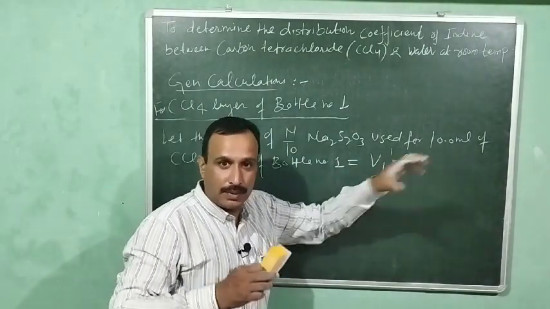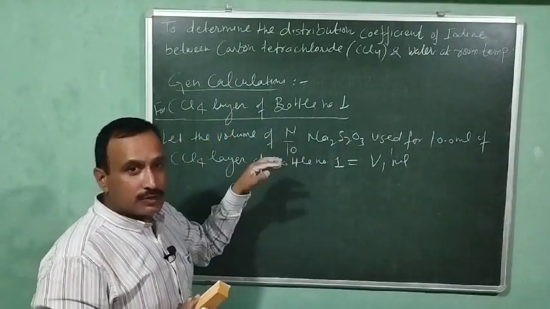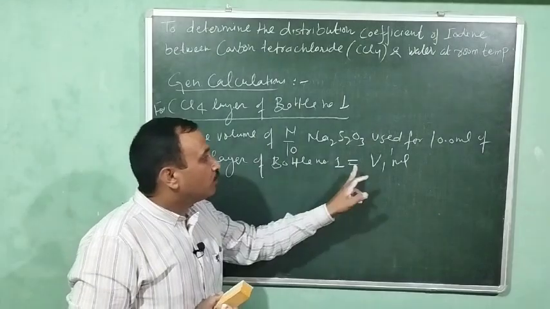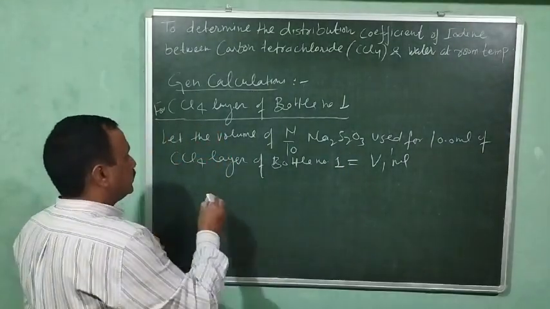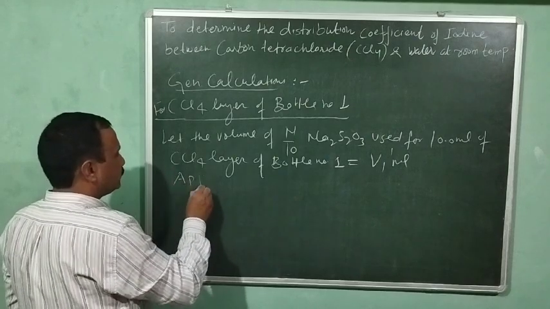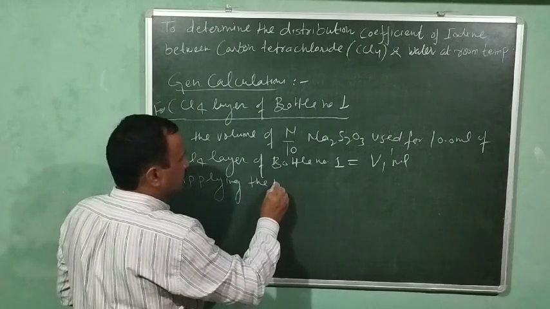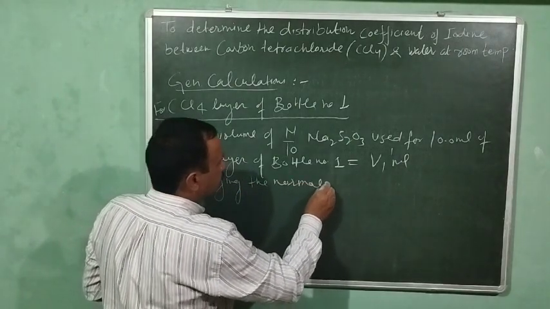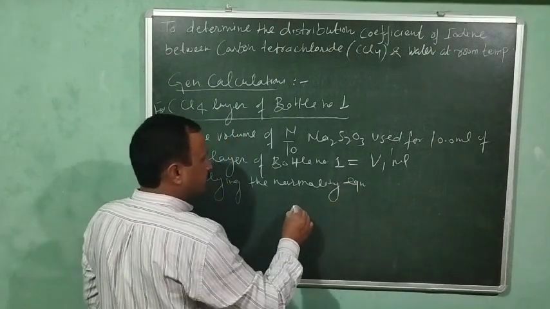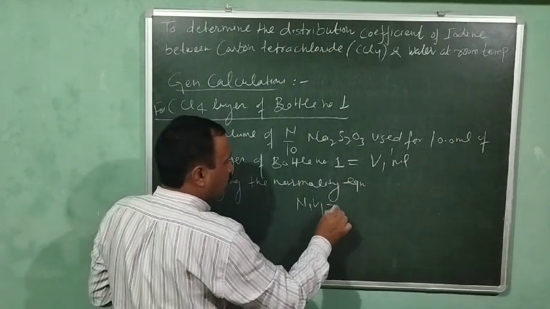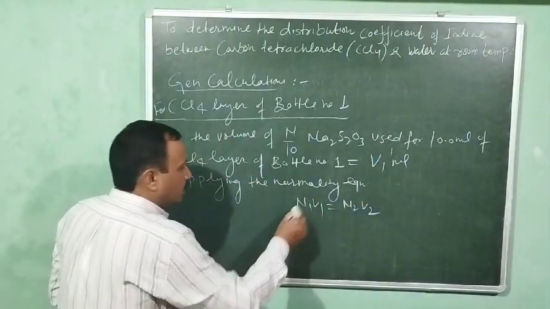लिया था 10 ml पिपेट आउट किया था, उसको पूरी तरह से रिएक्ट करने के लिए जो n/10 सोडियम थायोसल्फेट का कितना वॉल्यूम लगा, V1 प्राइम ml लगा। तो सपोज किया हमने, देन अप्लाइंग द नॉर्मेलिटी इक्वेशन, normality equation is N1V1 is equal to N2V2, and